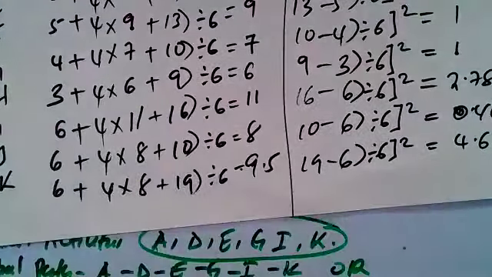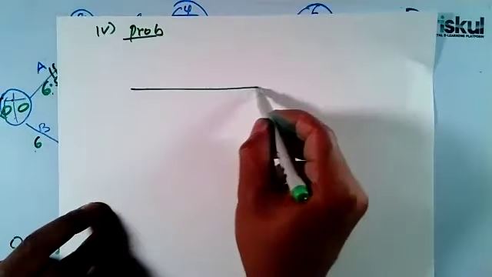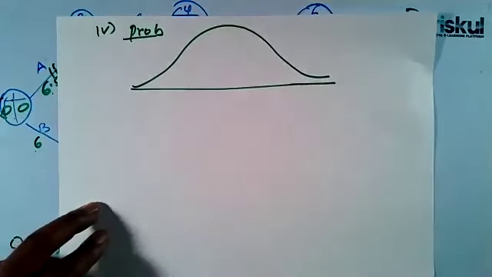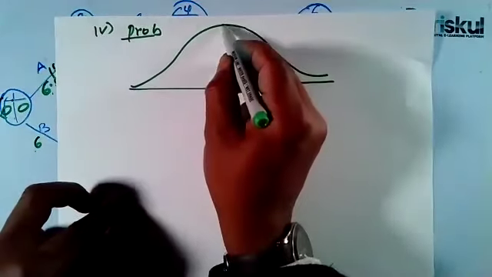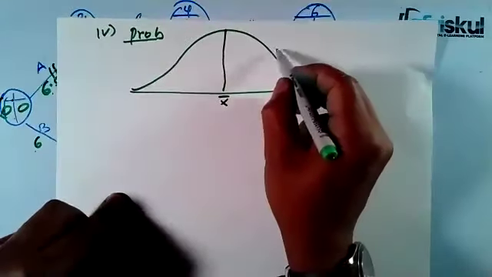Now, for the probability, let me take you back to the topic of probability theory. Now, to get the probability, that's number 4, you apply what we call the normal curve. This is what we call the normal curve. So the rule is that here we have the X bar, or the average, and here we have the standard